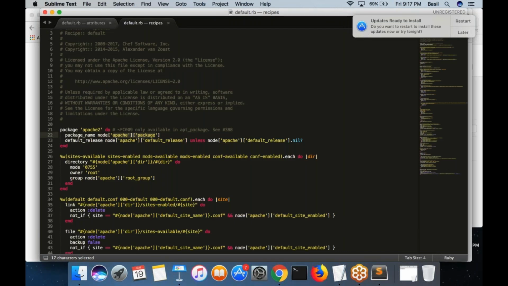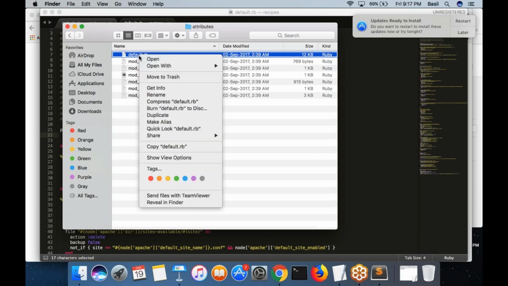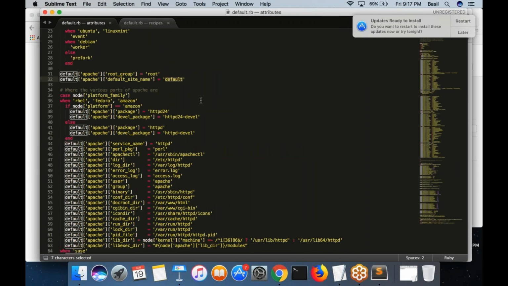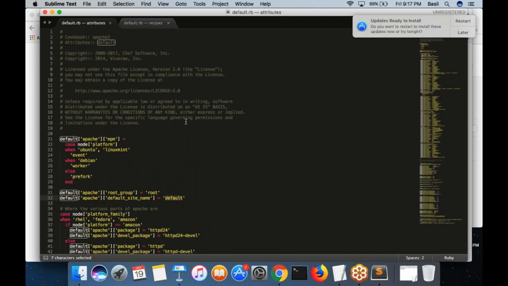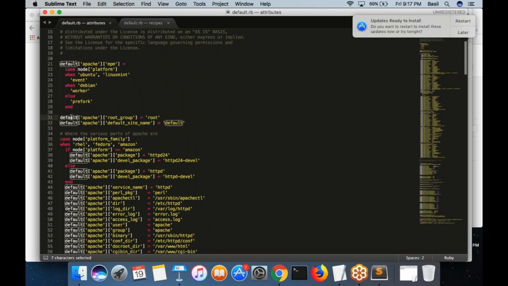Open it. You would see a number of files where you can see a list of attributes defined. Apache package is an attribute that you had defined in one of these files. I think most probably it's going to be default.rb only. That is the main file, the main attribute file. Open this file, you can see different attributes that you had defined within the cookbook, right? I told you you can define a number of attributes within the cookbook, right? This is how you define the attributes. The attribute name, then the value. So there would be something called package.